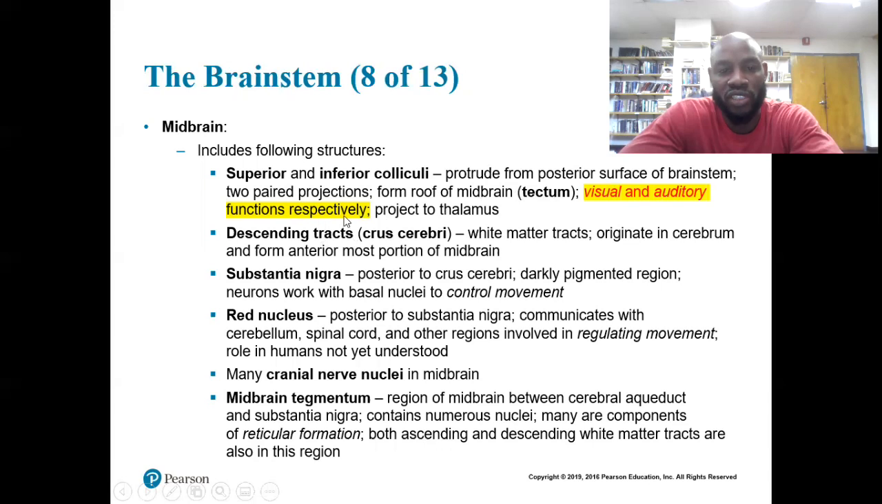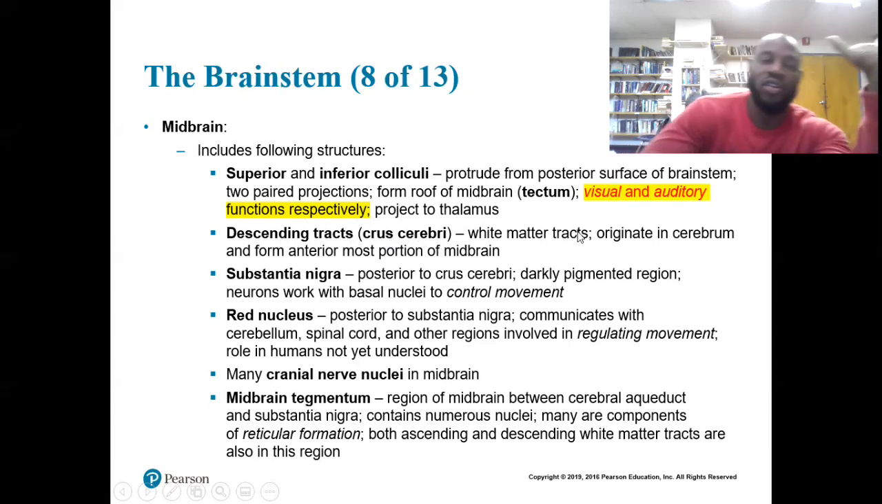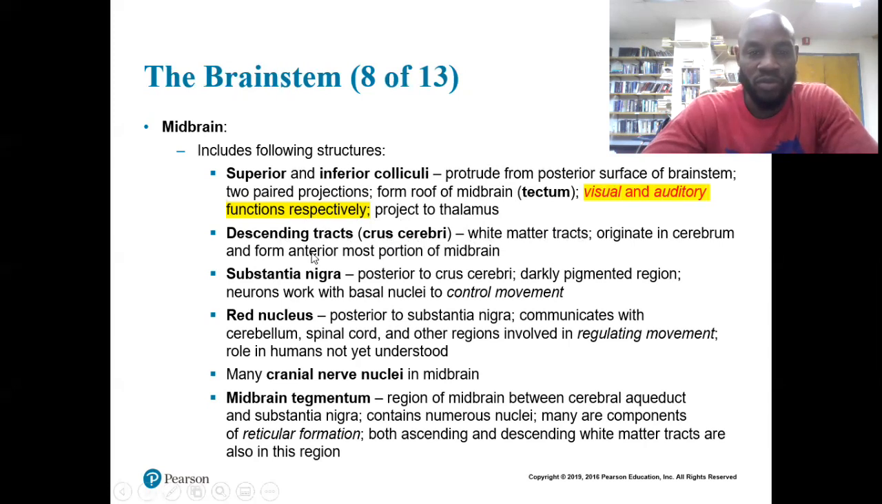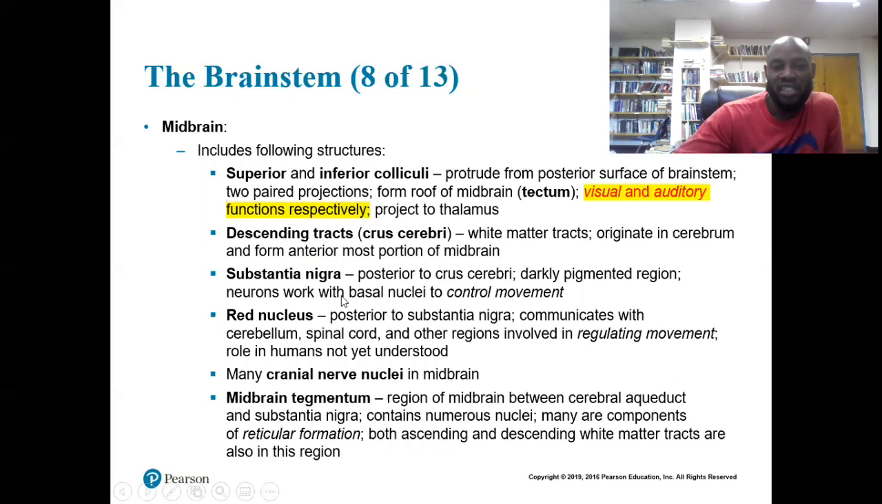Visual and auditory functions respectively, and they project to the thalamus. You have these descending tracts, these white matter tracts. Remember, tracts are collections of myelinated axons originating in the cerebrum, forming the anterior-most portion of the midbrain. The substantia nigra is a darkly pigmented region. Neurons work with basal nuclei to control movement. See that movement again? You have the red nucleus posterior to the substantia nigra, which communicates with the cerebellum, spinal cord, and other regions,